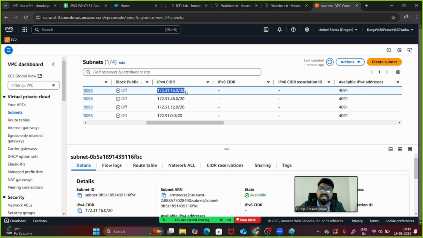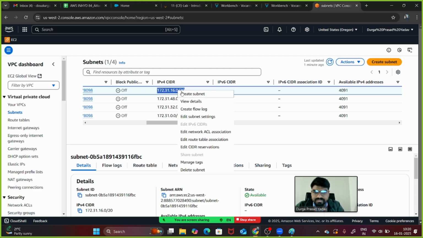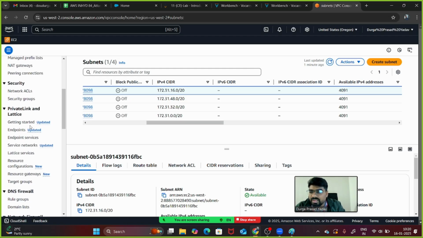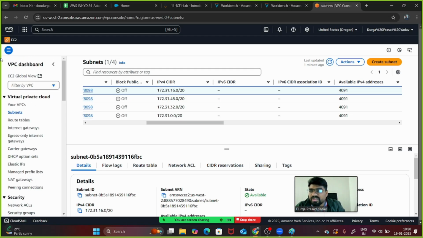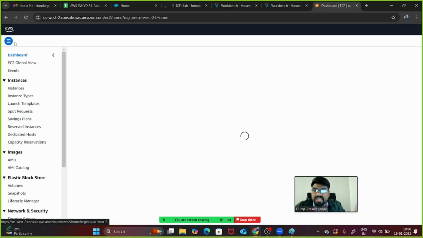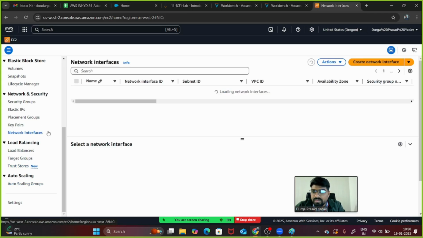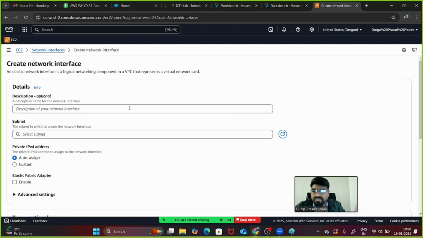The US West 2A IP address range is 172.31, this is the range basically we are using here, right? I'll copy this range. So now if you bring up the network interface again to keep the same IP address, I'll create it once again and give the name my ENI.